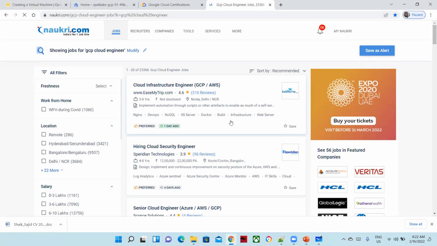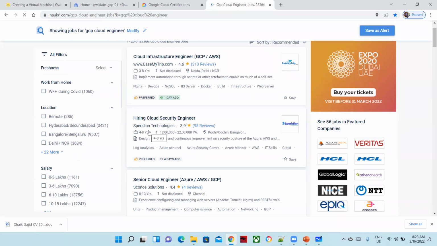So if you see here, this is for 4 to 8 years of experience. Compared with other vendors, GCP is offering more good vacancies, and they are also offering good pay, with a minimum salary of 10 to 12 and a maximum based on your experience of up to 20 to 22. Nowadays we are also seeing live examples in our institutes, where a lot of people are getting very good packages, especially for cloud engineers, especially DevOps engineers like GCP and all those stuff. So this is all about